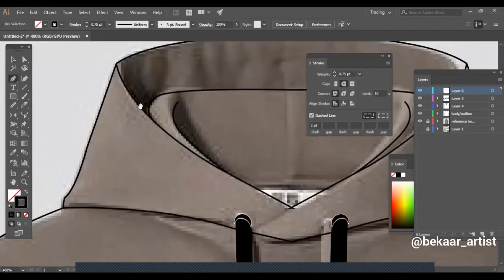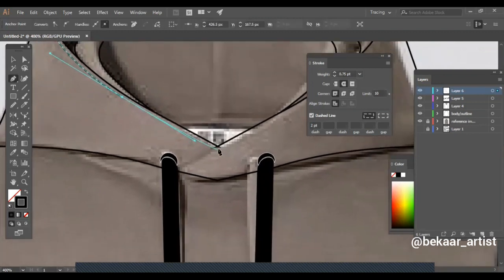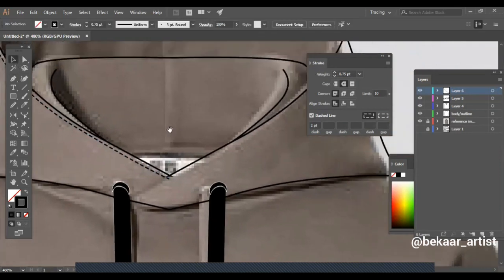Now for stitch lines, again we'll use the pen tool. Place the cursor here. And then if you want, you can create one entire stroke till here or just simply create half of the stroke and then